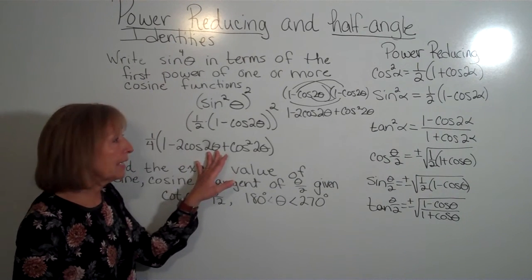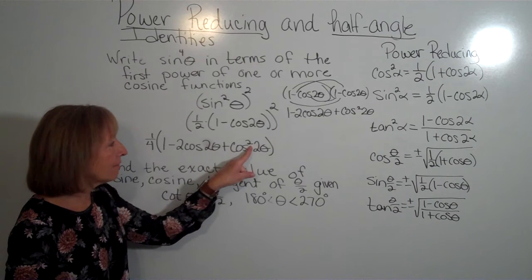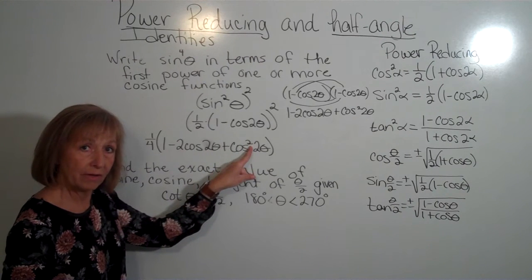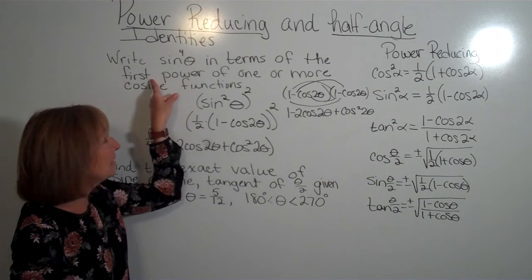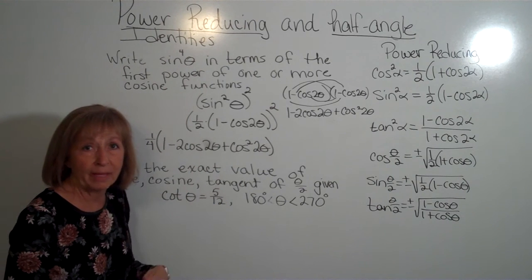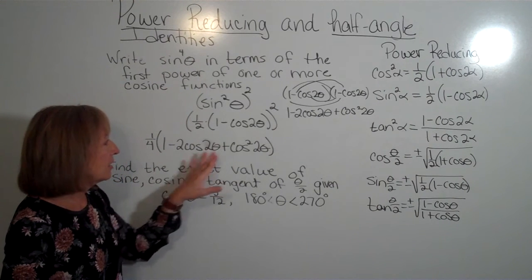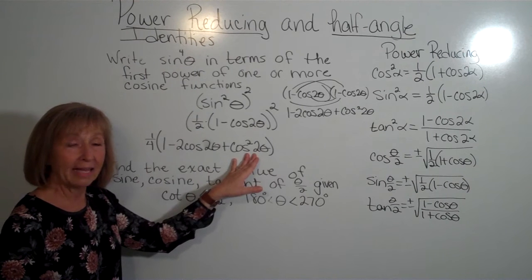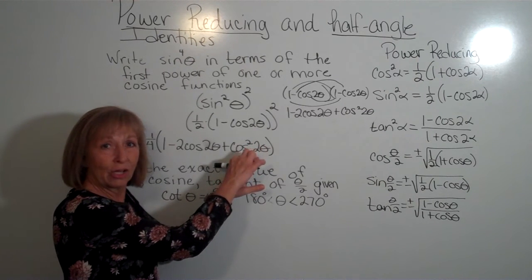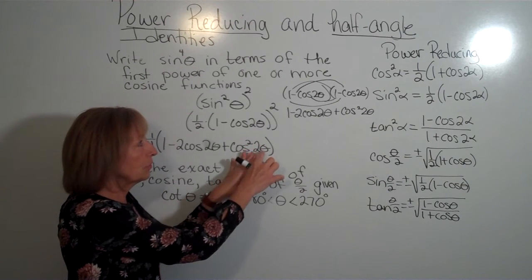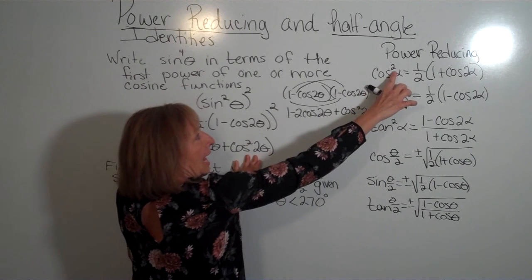Now, I'm not quite done because I still have a square on this cosine of 2 theta, and it wants me to go to the first power of all my trig expressions. So I still need a replacement for that. But this time the square is on the cosine of an angle. So to make this replacement, I have to go to